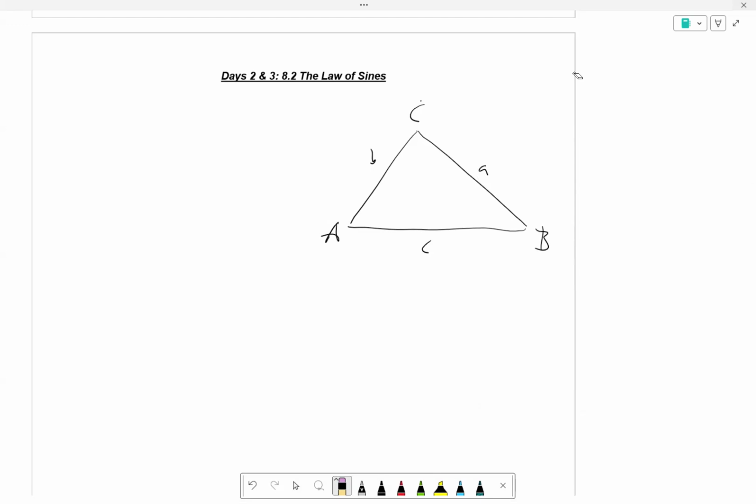So what I'm going to do, and again, just pencils down, just enjoy, I'm going to create this, which is called an altitude or height. I'm going to label it as an H because A is already taken. And I'm going to make two equations from here. Since we have two right triangles now, sine of A is H over B, and sine of B is H over A. Could I do sine of C? No. That wouldn't make sense. It's not part of a right triangle. So I'm just going to keep it with these two.